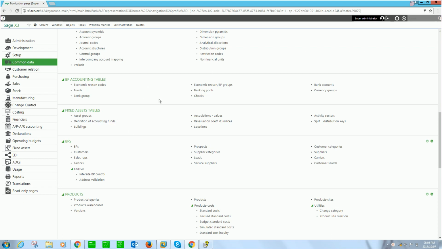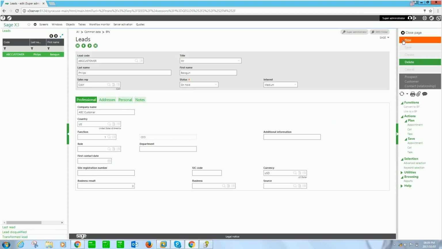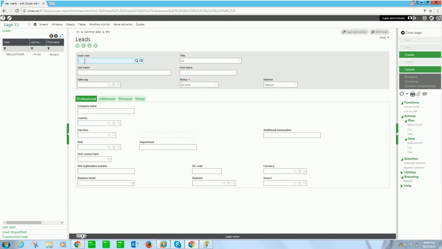Now I've logged in as an admin, and this process is going to start from a lead generation or a lead creation. So if I come down here, create my lead, I'm just going to create one now to say new, and the lead code we can say ERP event 01,